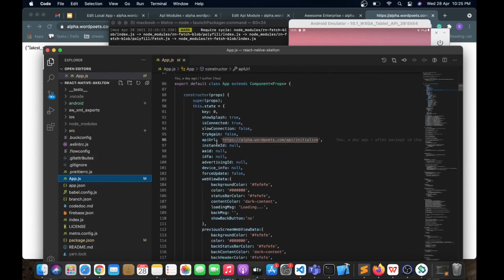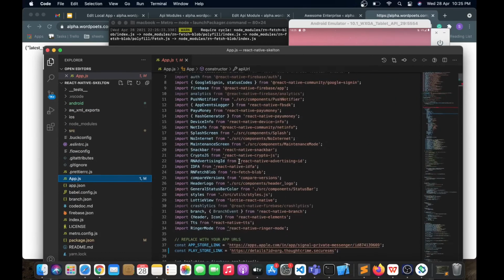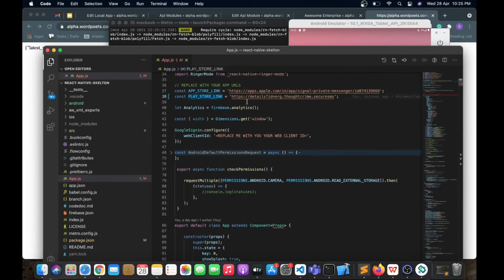If you open the app.js, here you can see there is a constant, so you can update it with your package ID over here. Currently this is a demo package ID, you can update it with your app package ID, and in that way you will be able to tell the user to do a force update.